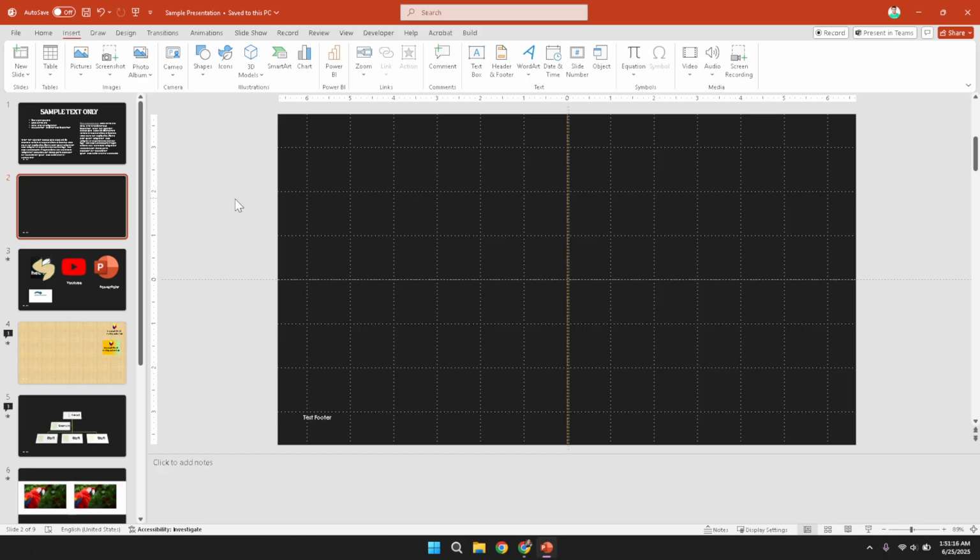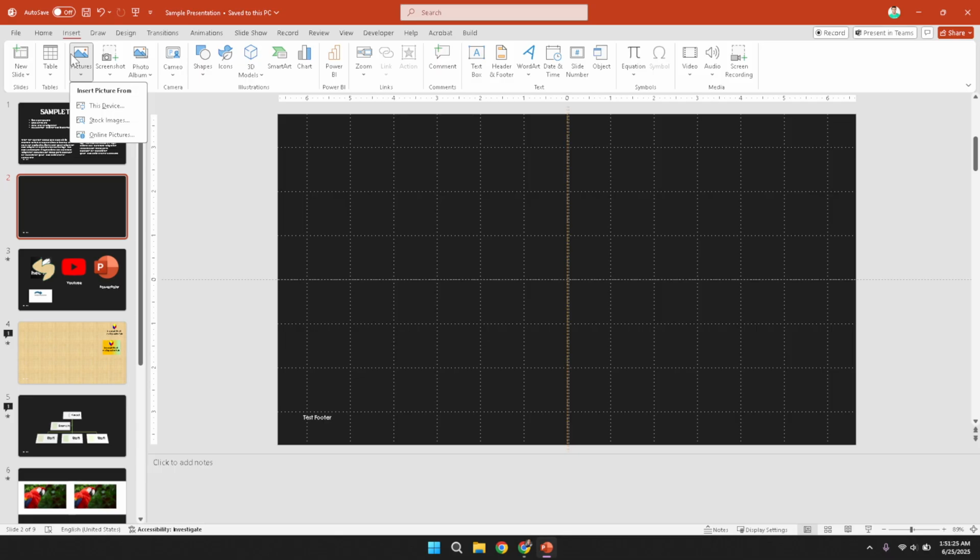Once you have clicked on the Insert tab, you will notice an array of icons and buttons representing different types of content you can add. Among these options, locate the icon or button labeled Pictures. This key feature allows you to insert images from a variety of sources into your presentation, ensuring your slides are